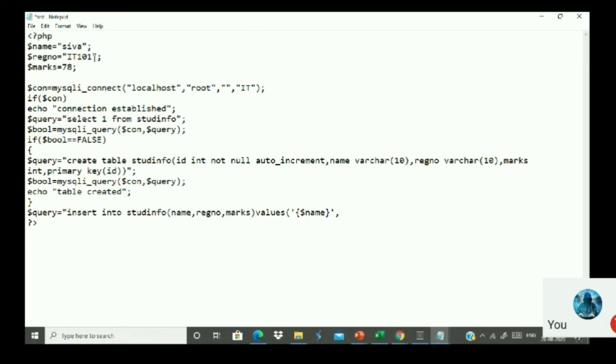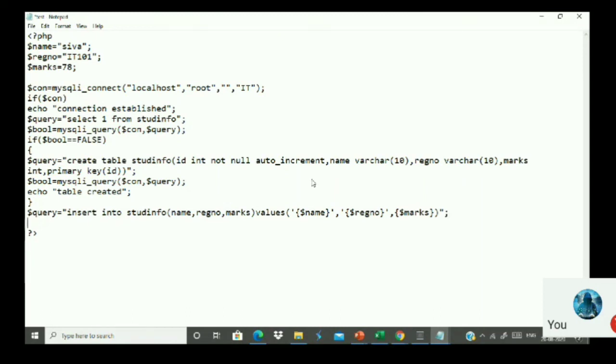Next is called as register number. Register number is also a character. So use $register number. Since that is also a character, use before and after, you use single quotes. And the last one is called as marks. Marks is an integer. No need for quotes here. So directly use marks here, $marks. Okay. Now close this and close this query. Finally, execute the query. That's all.